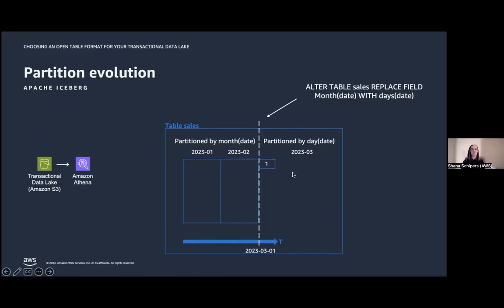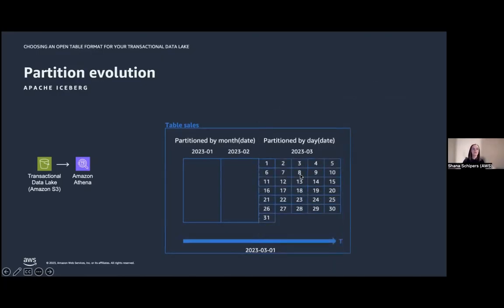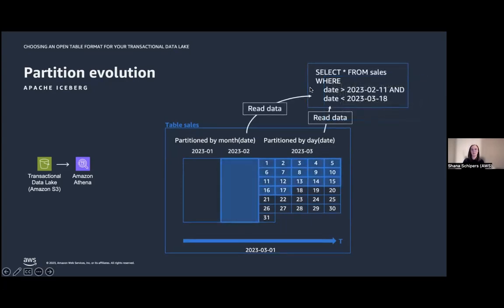And from that moment onwards, so from March here, as you keep writing data, it will now be written in a daily partition. So you'll see that on Amazon S3, you have a folder per day instead of per month. But these monthly folders for the previous months are still there. So when you go to query your table and say we want to select some data here, this query between the 11th of February and the 18th of March touches on our monthly partitions still, and then the daily partitions. Also, that is very seamless with Apache Iceberg, because what it does is a split query plan,